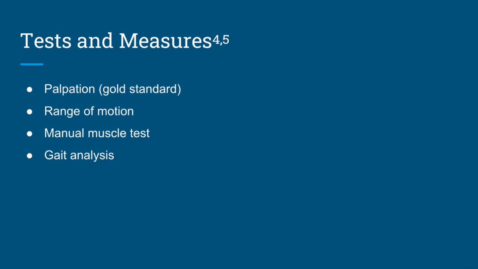Just some of the testing measures. So palpation is the gold standard. This allows you to feel for the presence of taut bands and trigger points, and then range of motion. You'll often see a decreased range of motion due to pain. Manual muscle tests, and one thing I didn't put on here is the muscle length tension test, which you can see painful ranges of motion, and then again gait, just viewing the asymmetries of the muscles when people are